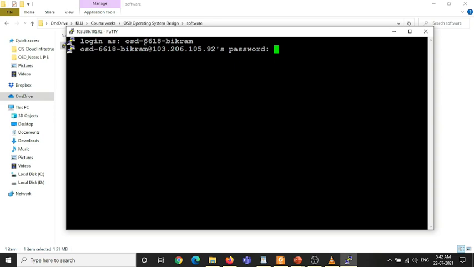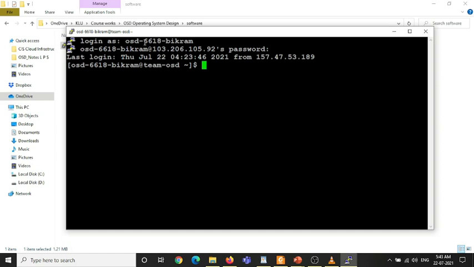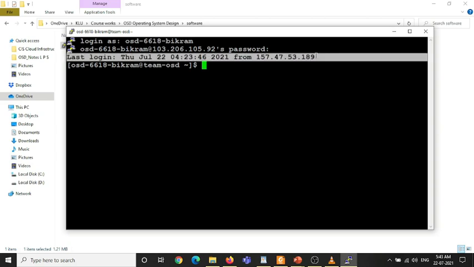Then you can see a message, last login, which means you have entered the user ID and password correctly.